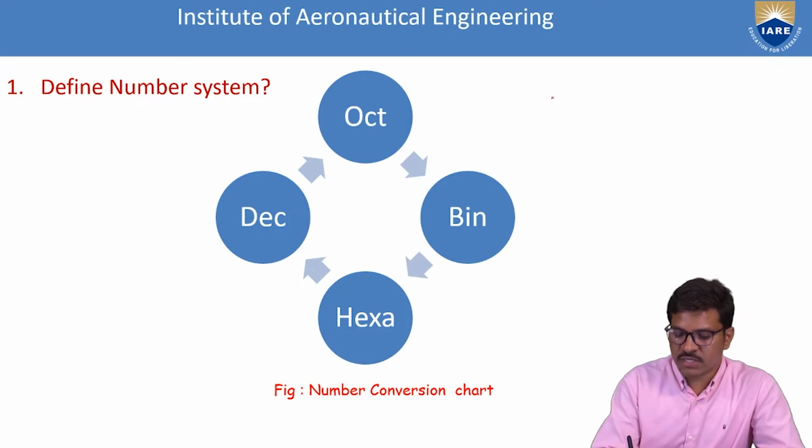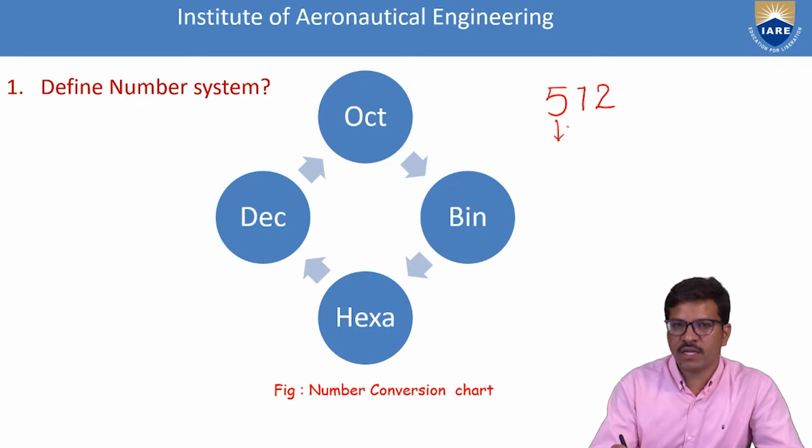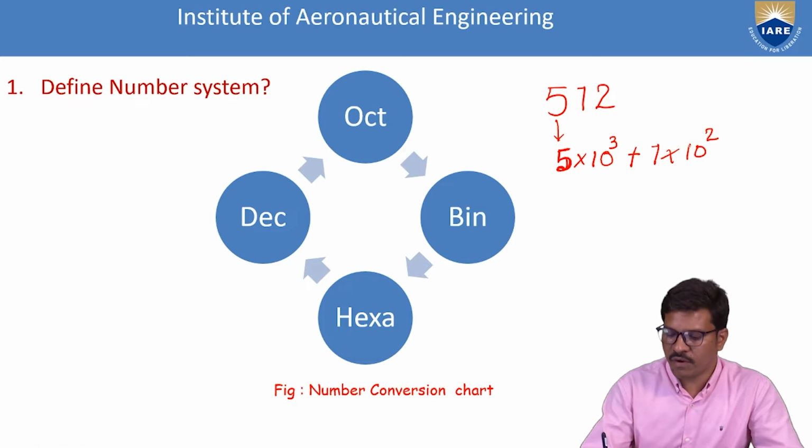If you see the decimal number 572, basically this 572 can be represented by the number 5 in the MSB digit multiplied by 10 power 3, plus 7 multiplied by 10 squared, and 2 multiplied by 10 power 0. So this is units place,